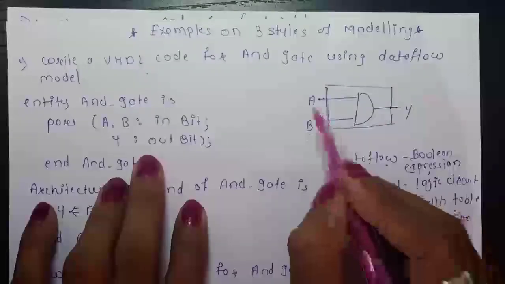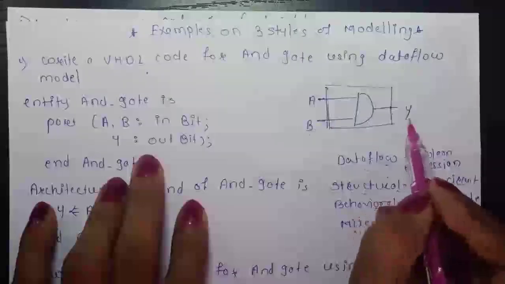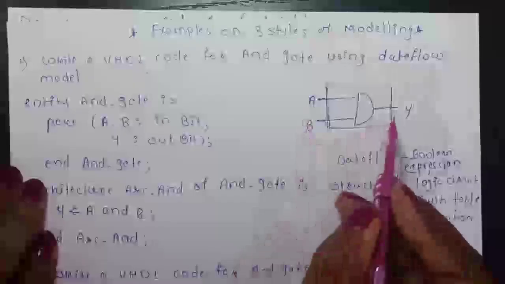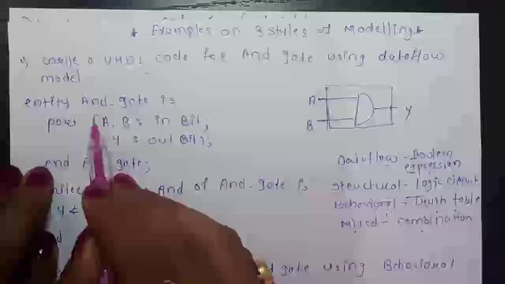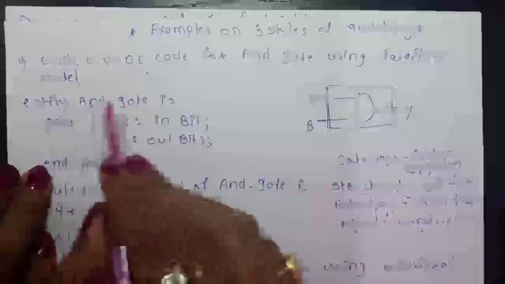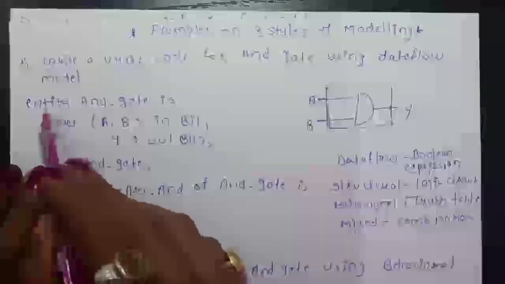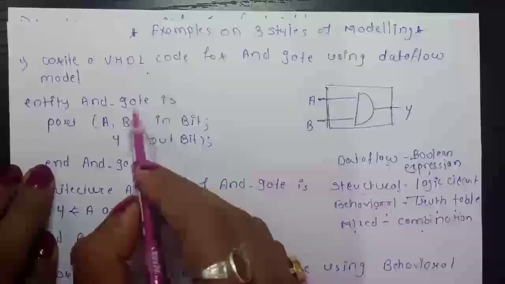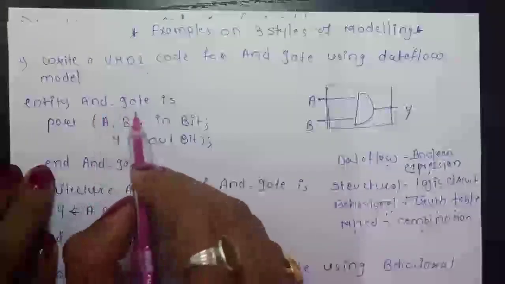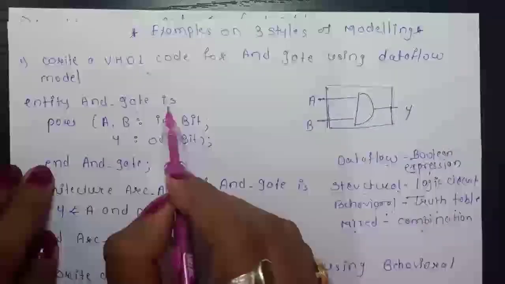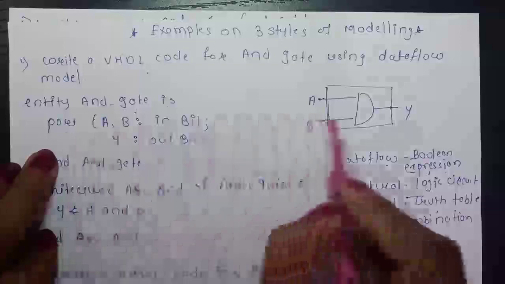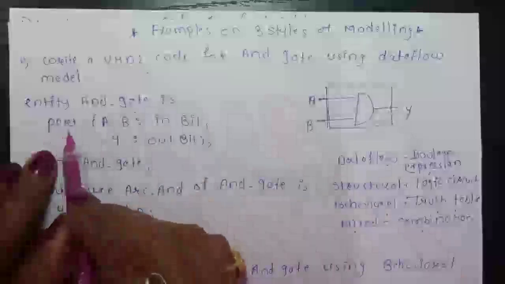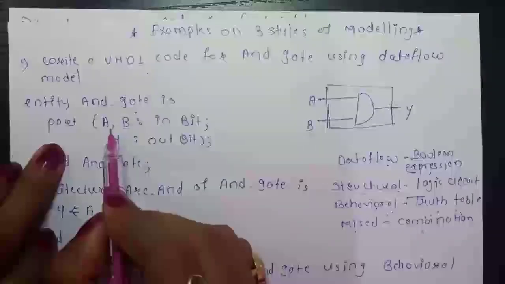Okay, so to specify what are my inputs and what are my outputs, we use entity declaration. So to specify the inputs and outputs of the AND gate, first we specify the entity declaration. Okay, so now what is the syntax for entity declaration? First one is the entity keyword. AND gate is the name of my entity, which is a user defined name. It means you can define the name of your entity. Then is port. There are 3 ports in the AND gate, 2 input ports and 1 output port. So I specify here the port keyword, then A comma B.